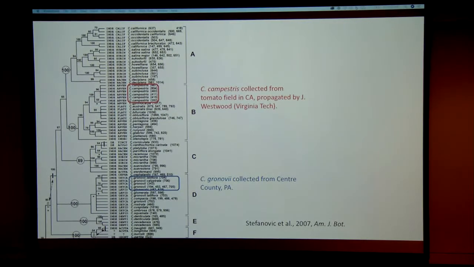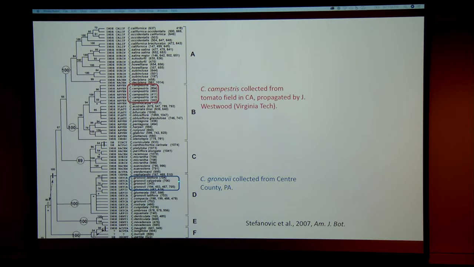So the last little bit I want to tell you about is an evolutionary story, really kind of a funny tale. We started doing these experiments, and it's actually difficult to tell what species you have. We had a lot of confusion about different seeds and who's growing what in which lab. We eventually figured out we've been working with Cuscuta campestris from Jim, and it came out of a tomato field in California. And we had another isolate that was collected locally by Claude that turns out to be another species,